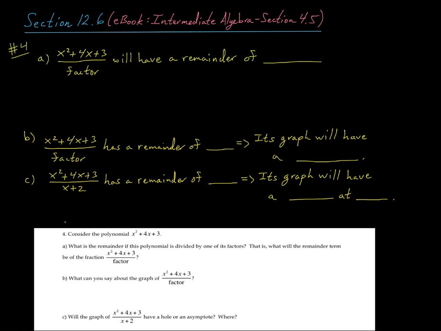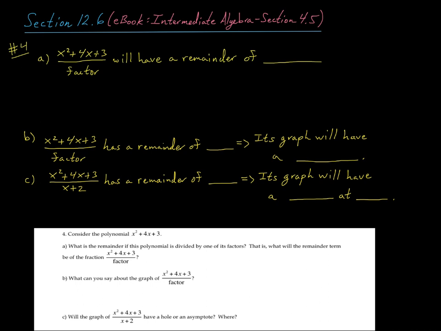Alright, in this last video in section 12.6 we'll look at question 4 that says consider the polynomial x squared plus 4x plus 3. A asks what's the remainder if this polynomial is divided by one of its factors? That is, what will the remainder term be of the fraction x squared plus 4x plus 3 divided by one of its factors? Alright, well, by the very definition of factor, it means that it's going to go into the